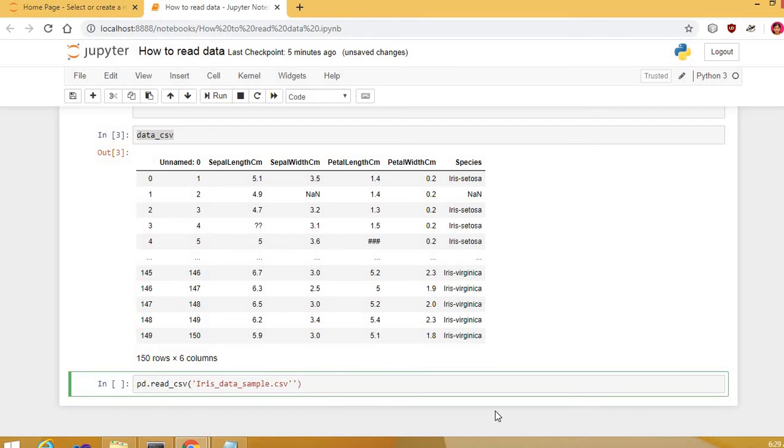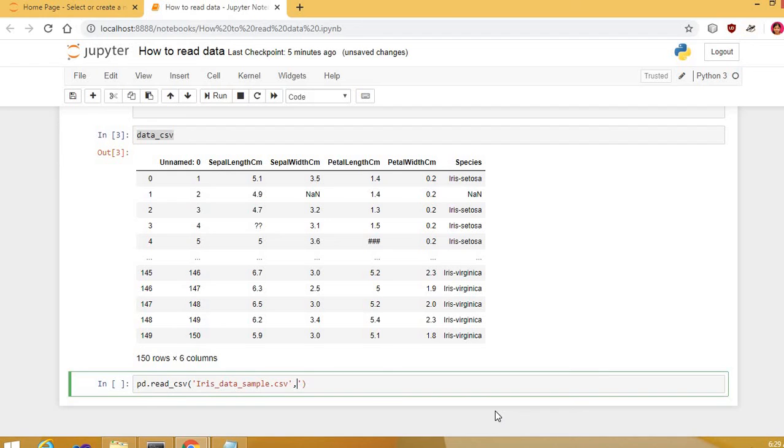The link I'll give in the description box. Junk values like the question marks and the hash can be converted to missing values by passing them as a list to the parameter na_values.